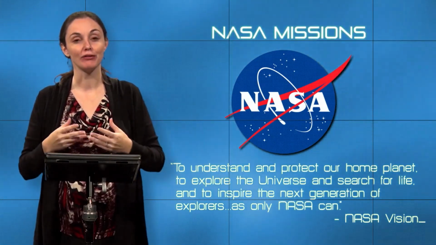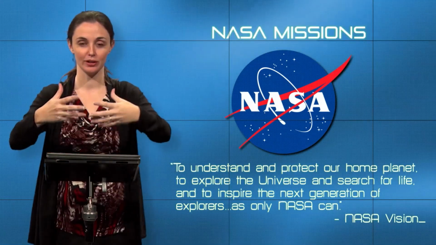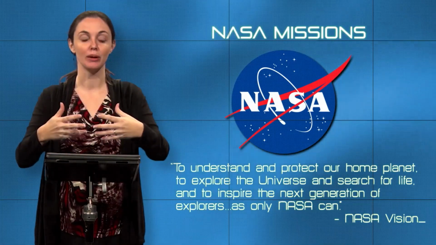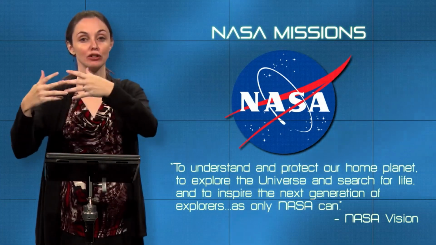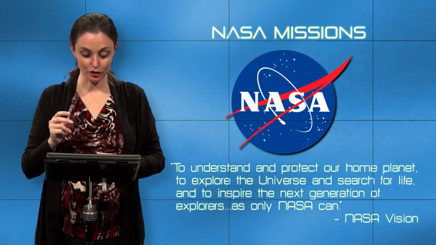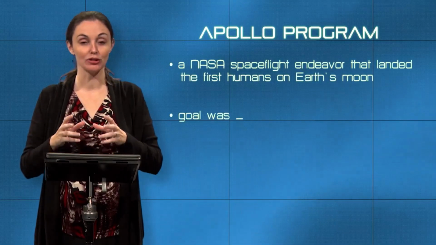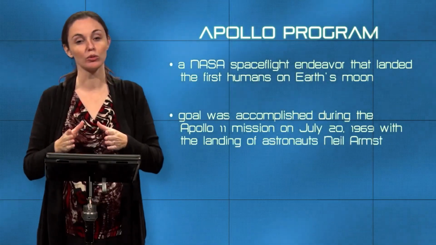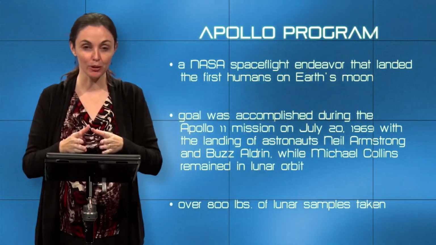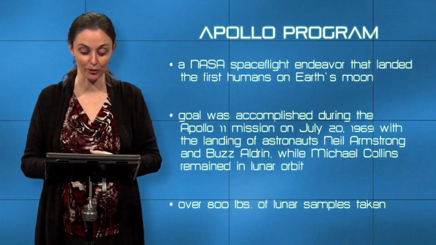It started with the Mercury and the Gemini missions that figured out how to put a manned mission in space in orbit around Earth, eventually in orbit around the moon. But on July 20th, 1969, the NASA missions actually accomplished the main goal, which was to put a human being, and eventually many human beings over the course of the Apollo missions,